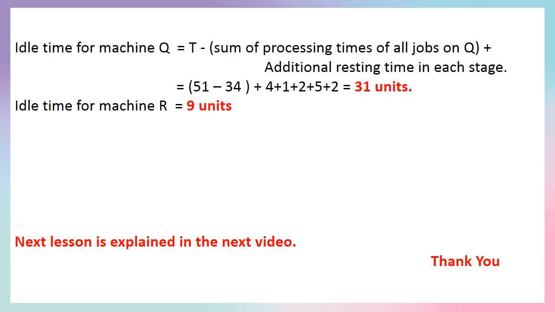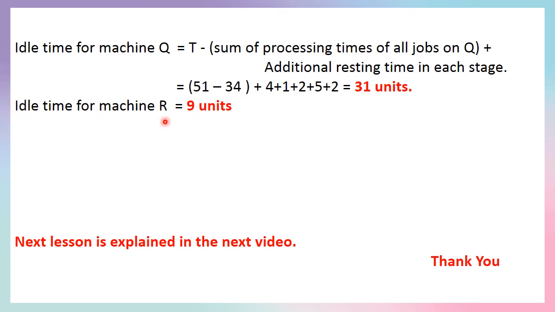Now idle time for machine Q, that is total elapsed time minus the sum of the processing times of all jobs on Q. And machine Q is getting some additional resting time in between, that is after each job Q is getting some resting time. So after the first job it is getting 4 units, after the second job it is getting 1 unit to rest, similarly 2, 5 and 2. So after the calculation we are getting 31 units as the idle time for machine Q,